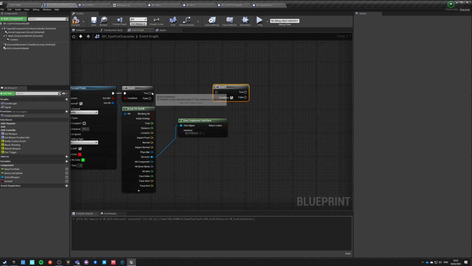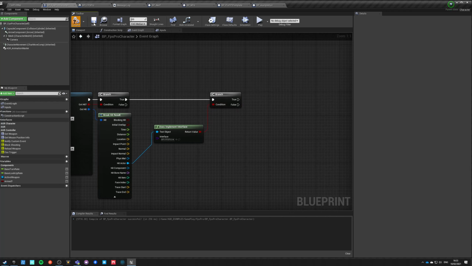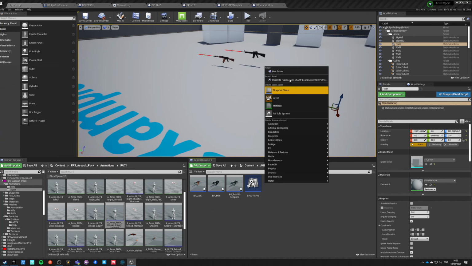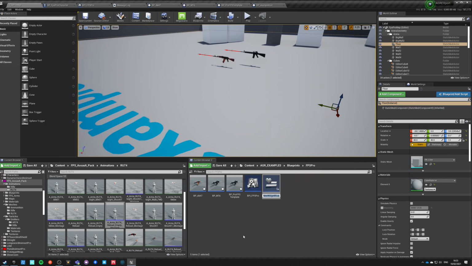So if the object we are hitting has this interface, we want to go here and create a user interface widget blueprint, and call it WB_interaction.